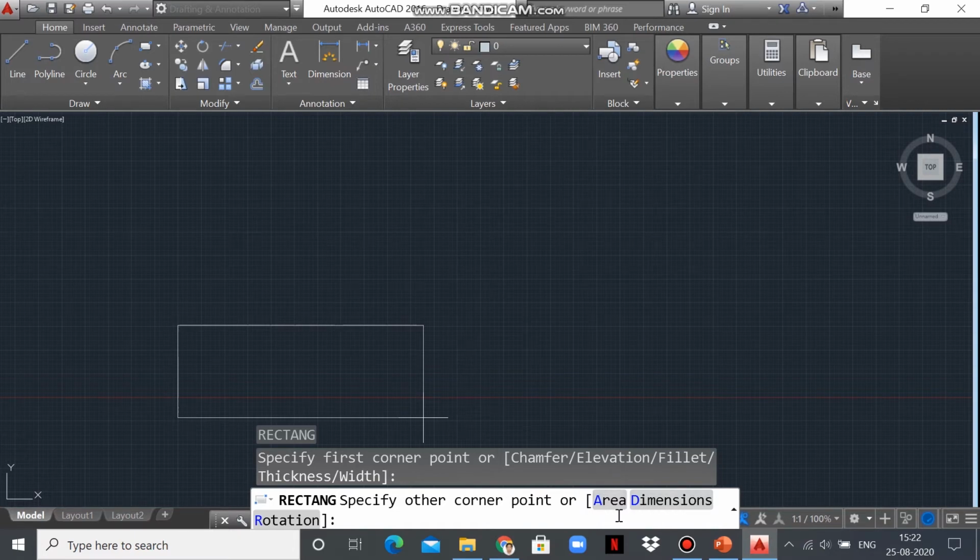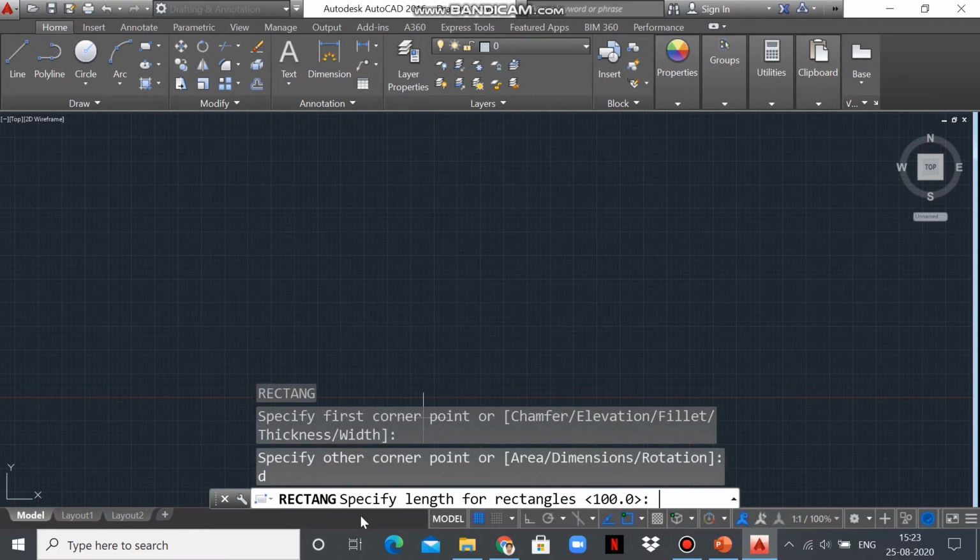So we have options area, dimensions and rotation. Now I'm going to draw with dimensions. So type D and press enter. Now here it is demanding specify the length of rectangle. So now I am going to give the value of length of rectangle. It's 200.